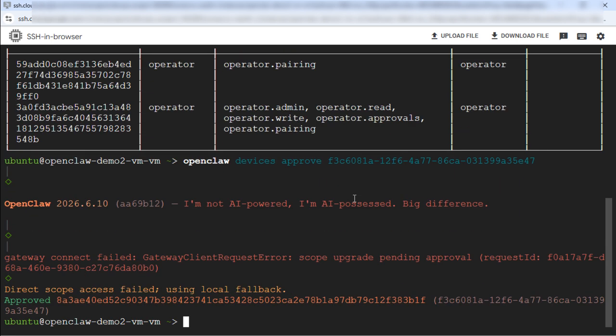If the request gets rejected, simply rerun the OpenClaw devices list command to obtain a new request ID and then run the approve command using that ID. Also, each browser profile generates a unique device ID. So, switching browsers or clearing browser data will require re-pairing. And lastly, if your VM's IP address is dynamic, which changes on VM reboot, then also you need to re-pair